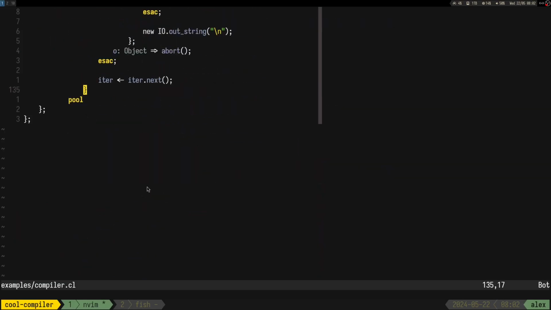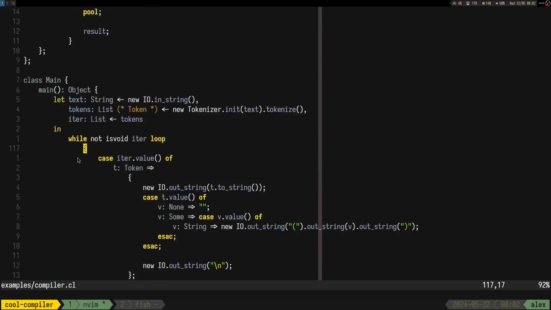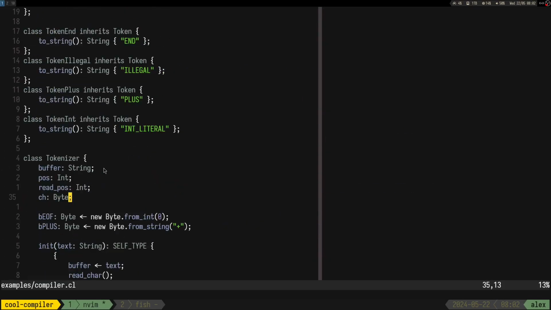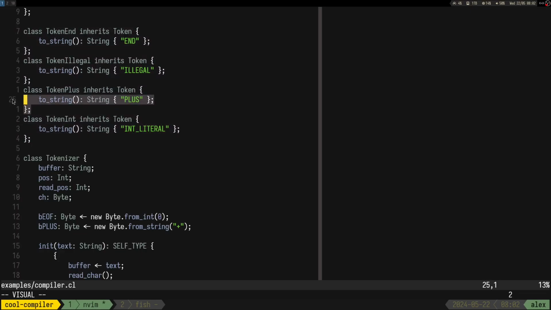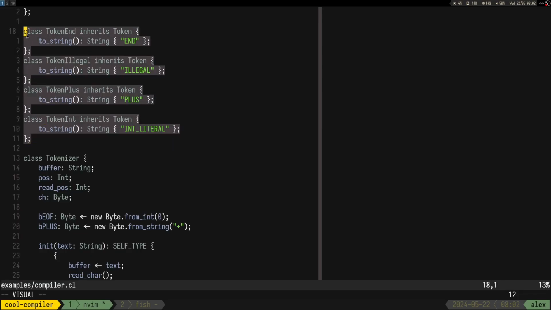So yeah, but for the next time we'll see if we can add more tokens, and after we have enough tokens I would just go to, I don't know, maybe try to make a really small interpreter for like adding numbers, just to have something, and then continue with the compiler until the end or something.